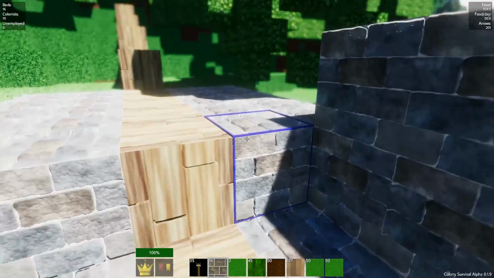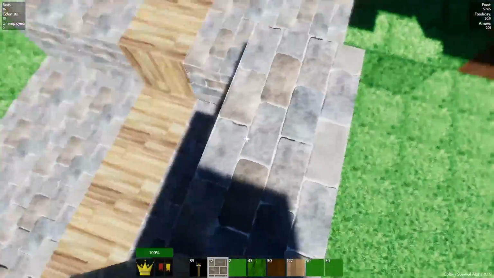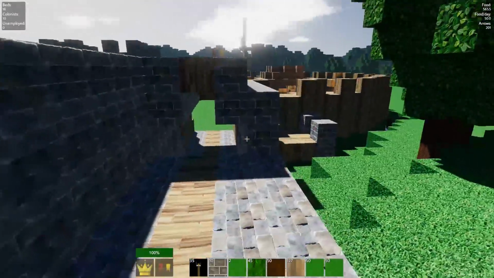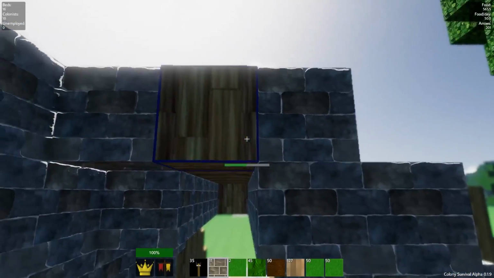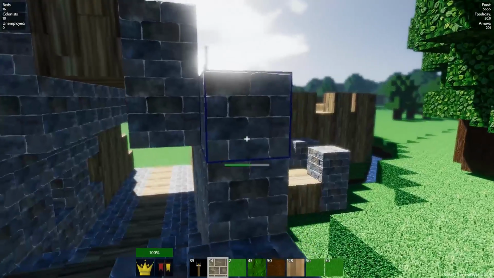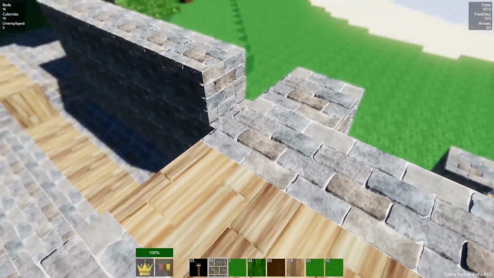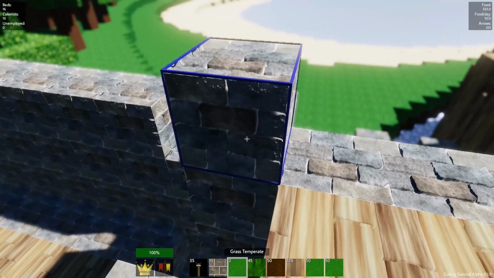I guess, maybe. I don't know. I'm trying to figure out what I'm doing here. This needs to raise by 1. What I might actually do is do the raise by 1, like 1 step back. That way the walls don't have this weird sort of...